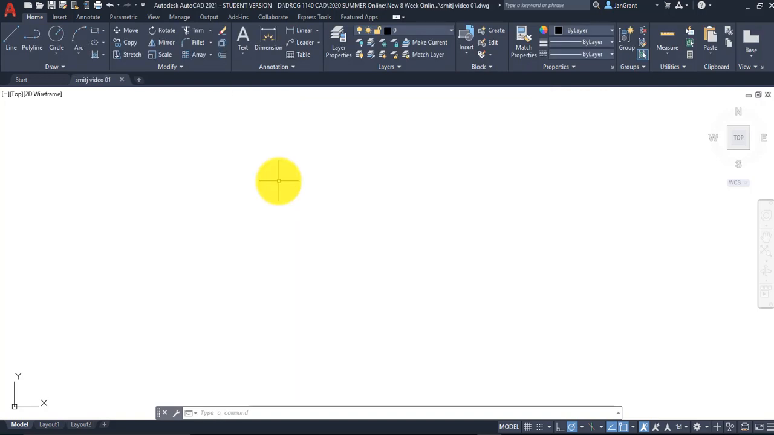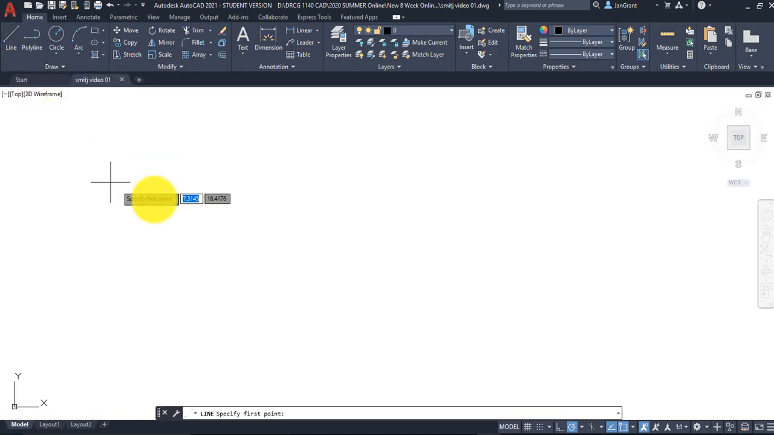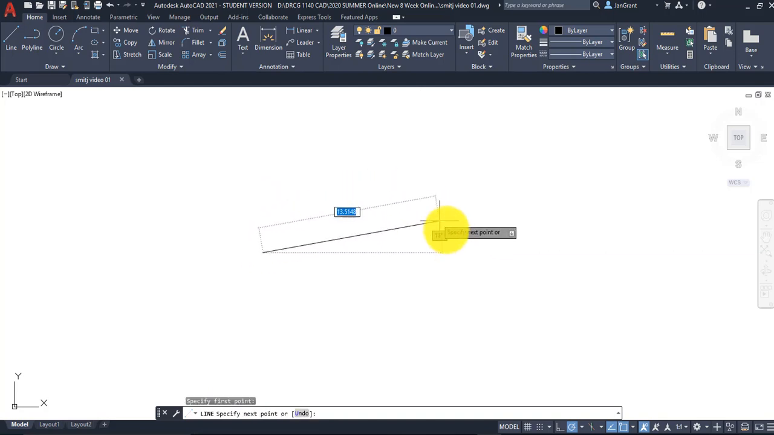And with your pointer, go ahead and click on the line icon, which should be at the top left corner. When you click on the line icon, pull your mouse into the screen, and you'll see that at the very bottom left corner, this is your command line and your dialog with AutoCAD. Probably the most important part of the screen for you to watch because it's telling you to specify the first point. So I'll pick a point with my left mouse button,